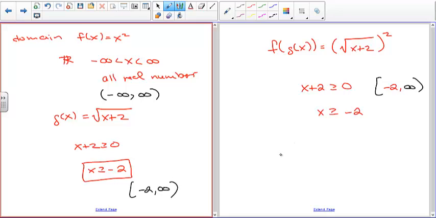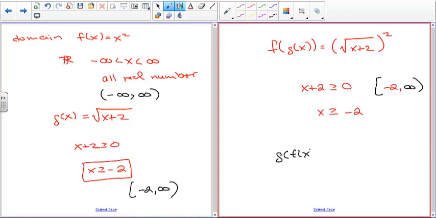And then you have g of f of x, which is the square root of x squared plus 2. So you say, okay, what values of x are going to work? Well, any value of x, if you square it first, you're evaluating this first, then you're adding 2, then you're taking the square root. So you're going to look at this term and ask, what values of x can I have such that this is